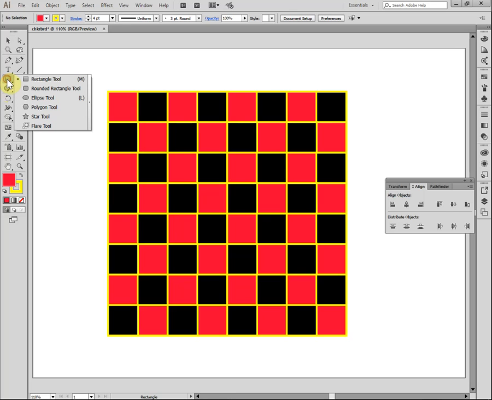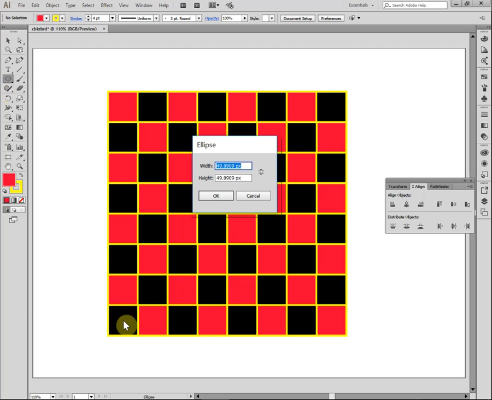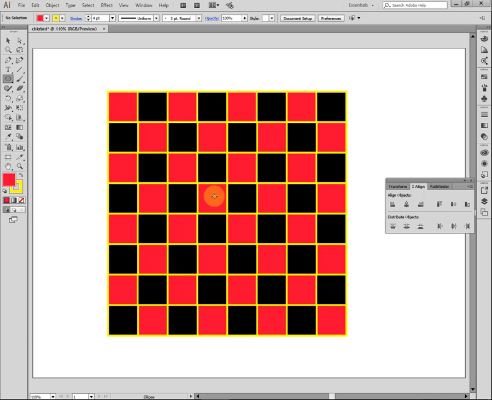Okay, so let's go ahead and we'll choose the ellipse tool, which a circle is a type of ellipse. We're going to click one time in this box down here. We're going to say 50 pixels by 50 pixels. Okay, and there's our circle. Okay, I'm going to use the arrows to get it into a nice position, and I'm going to